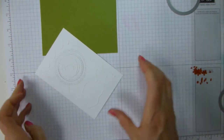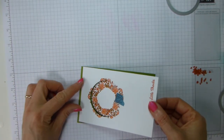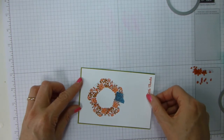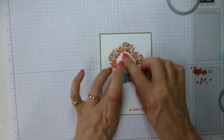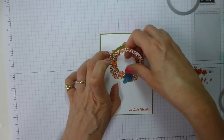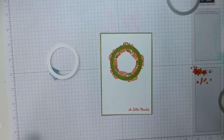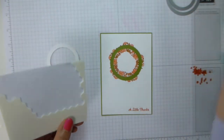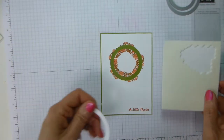Let's pick it up and throw it across the room, because that's what we want to do. And then, because it's liquid glue, I've got some wiggle room to make sure that we're in the right place. So let's hold those bits down, and then very carefully take that off, and then find some dimensionals. And this is why you need the mini dimensionals, let's make life easy. Mini dimensionals, whoops,